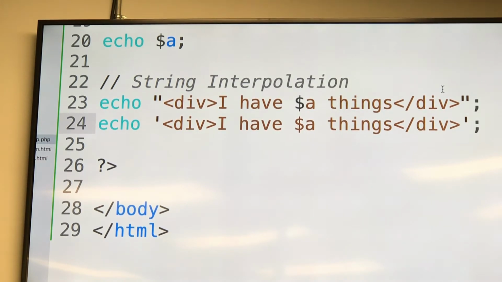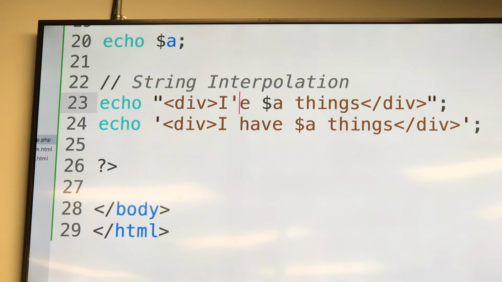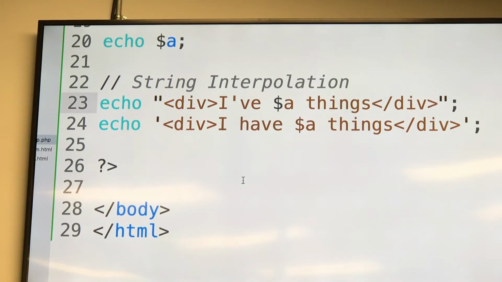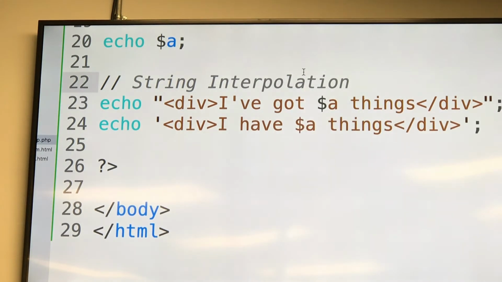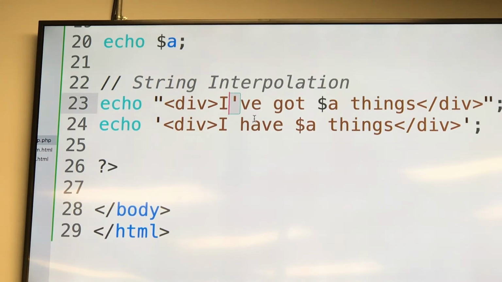But also, you guys, it's important to understand the idea of quotes and text. For instance, if we wanted to say, I've got 5 things, right? Well, in this case, the double quote works just fine for this single quote here, which shows up in text all the time, right? But if we try to put that here,